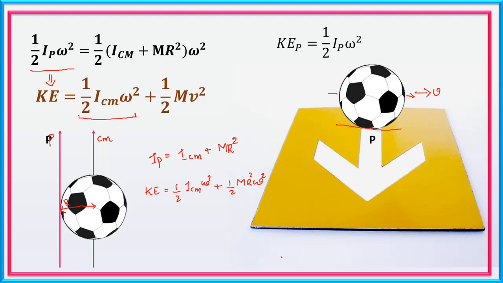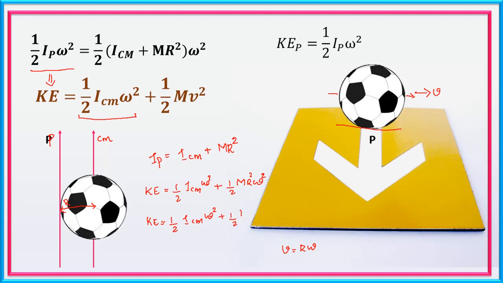Again, I know that the linear velocity v is written as r omega. In this case, r is the radius of this ball. Therefore, I can write r omega as v. Therefore, r square omega square can be written as v square. Therefore, the kinetic energy of a rolling body is equal to half I center of mass into omega square plus